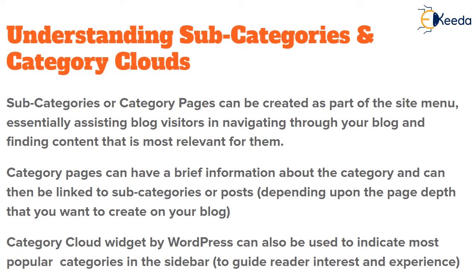For instance, if you have successfully managed to create hundreds of posts and many of these posts are interrelated, interconnected with each other, and you can broadly define some subcategories for ease of navigation, ease of search and access for your blog visitors, you can always represent that at the top of your homepage or your about page and provide it as a site menu. It's very similar to any average website, and you can create it on your blog just to make sure that the traffic flows in an easy and efficient manner.